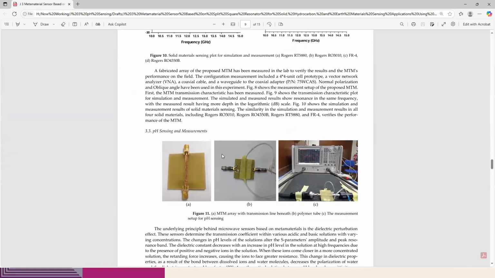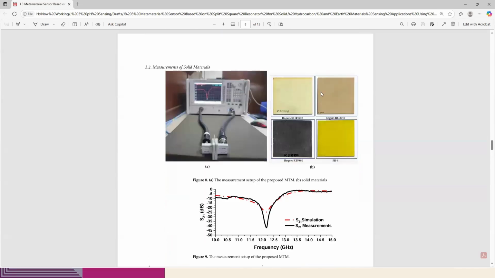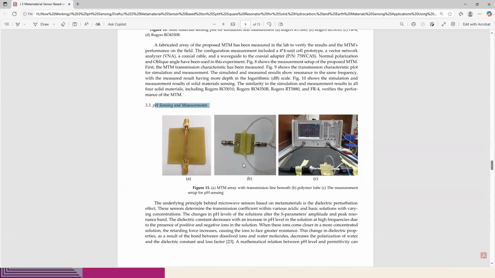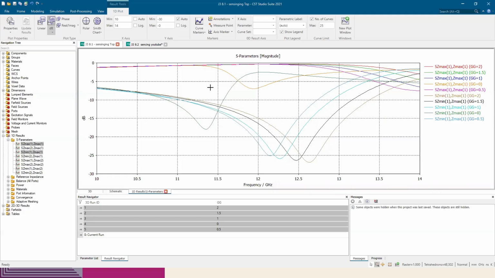For the pH sensor, what I did is I changed the structure into a transmission line based metamaterial sensor setup. Here it was only an array of metamaterial, but later on for liquid sensing, I use a transmission line based sensor. To do that, what we did is